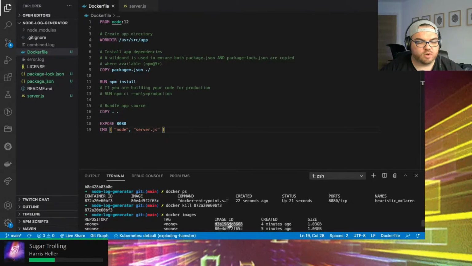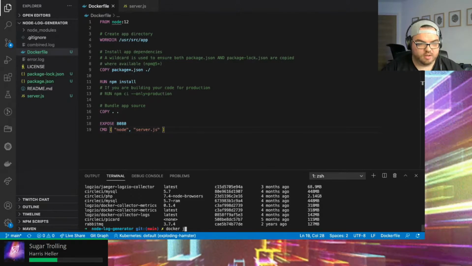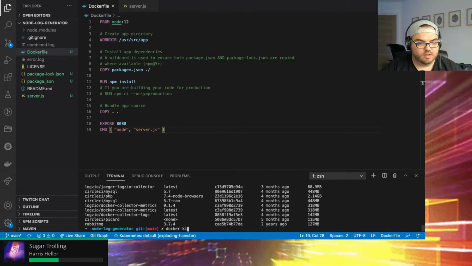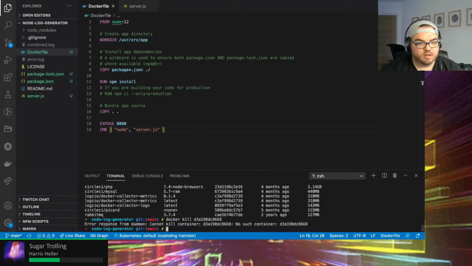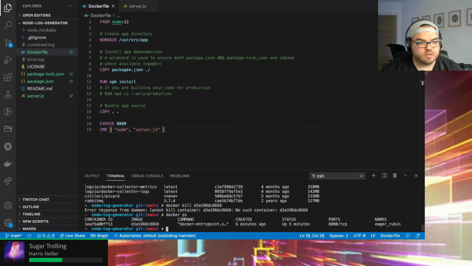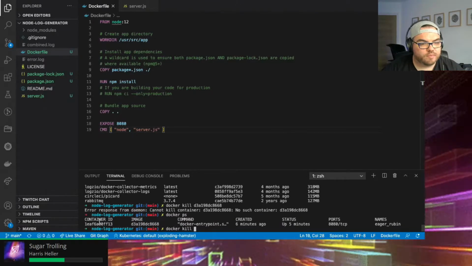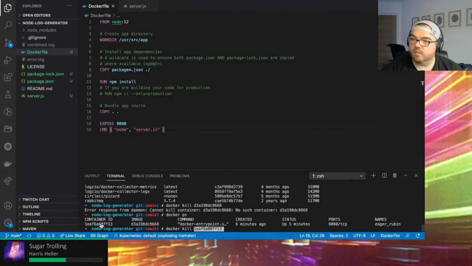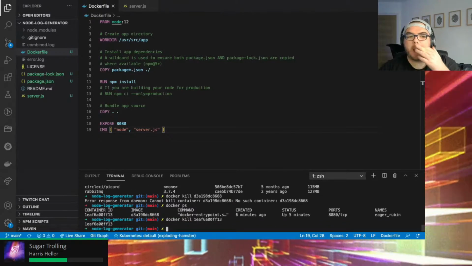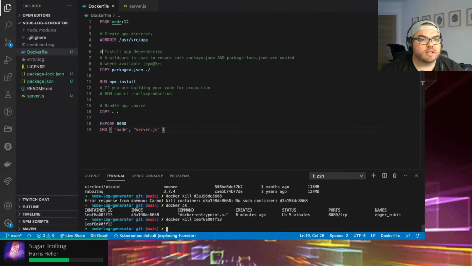So do I have my Docker nuke command on here? Docker kill. No, Docker PS. Ah, there we go. Docker kill. Ah, it's dead. Right. Let's go back to Docker file.